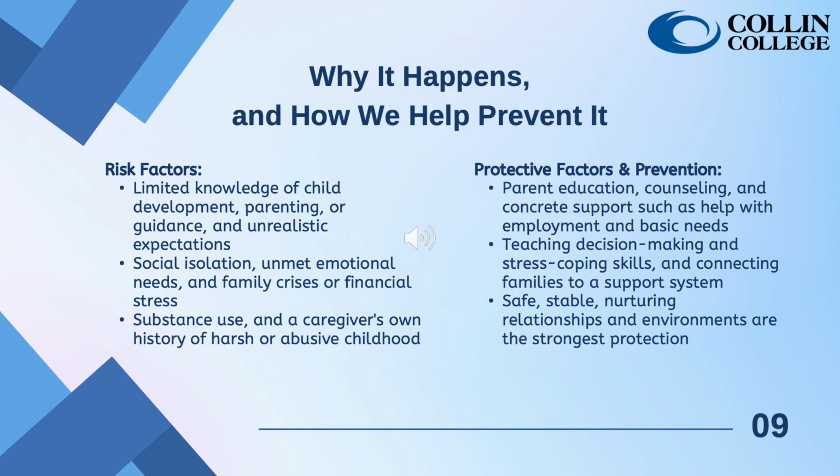It helps to understand why abuse happens, not to excuse it, but because understanding points us toward prevention. Common risk factors include a limited understanding of child development that leads to unrealistic expectations. For example, expecting a 2-year-old to sit still and never make a mess. Add social isolation, unmet emotional needs, family crises, financial stress, substance use, and a caregiver's own experience of harsh parenting,